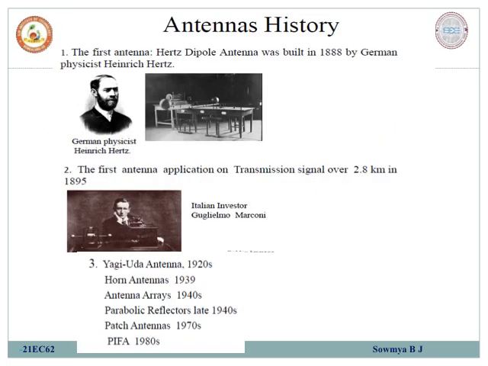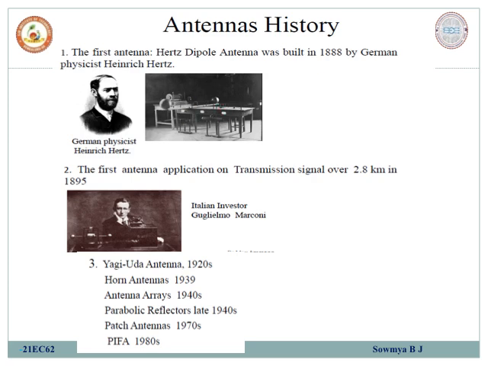Let us first know the history of the antenna. Who is the person who actually found out the first antenna? The first antenna was actually built by German physicist Heinrich Hertz. He built the dipole antenna in 1888, and this was the picture of that